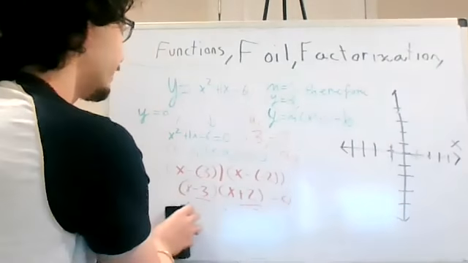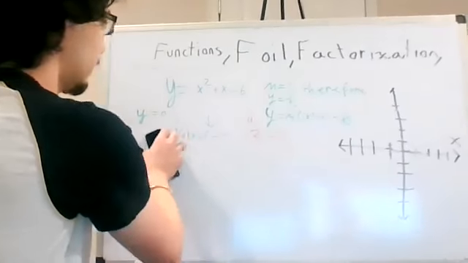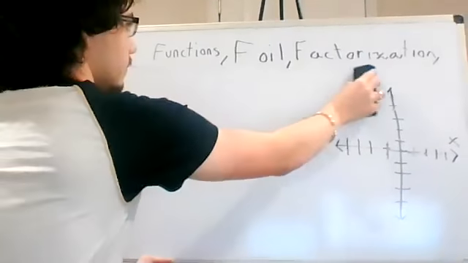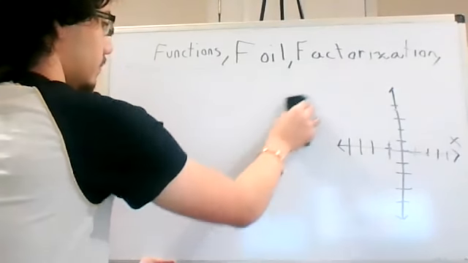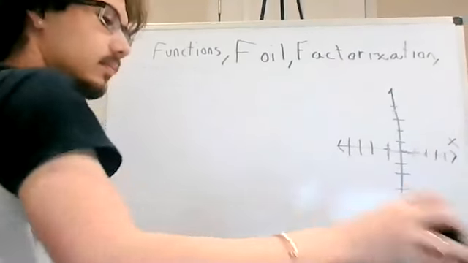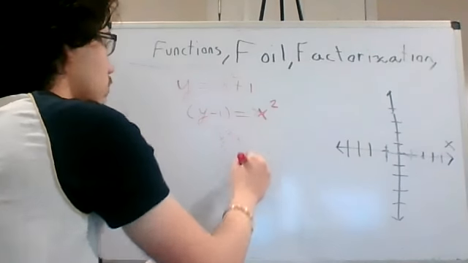So that's the quick way of doing it. Now, if we have an equation y equals x squared plus 1, we can find the y-intercept. So y minus 1 equals x squared. We know this is our y-intercept, but the thing is, x squared plus 1,